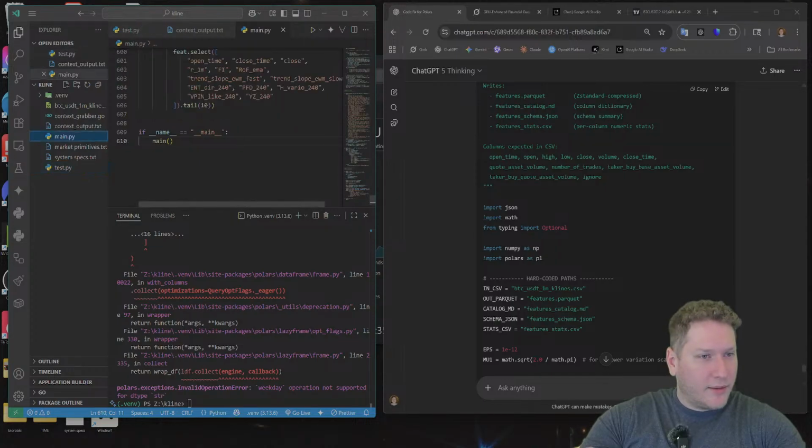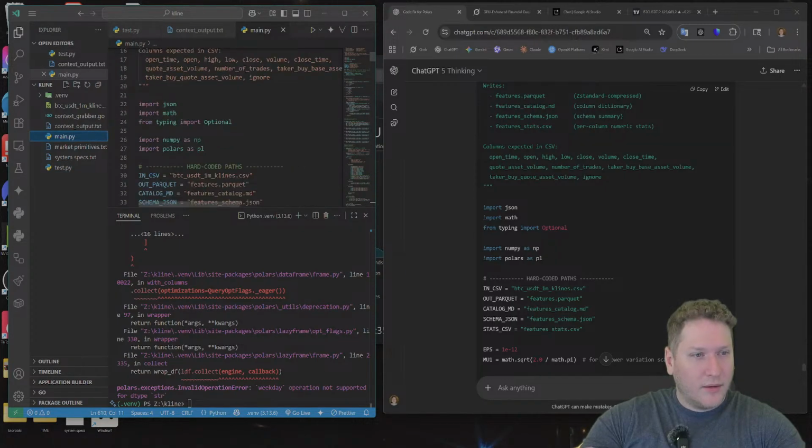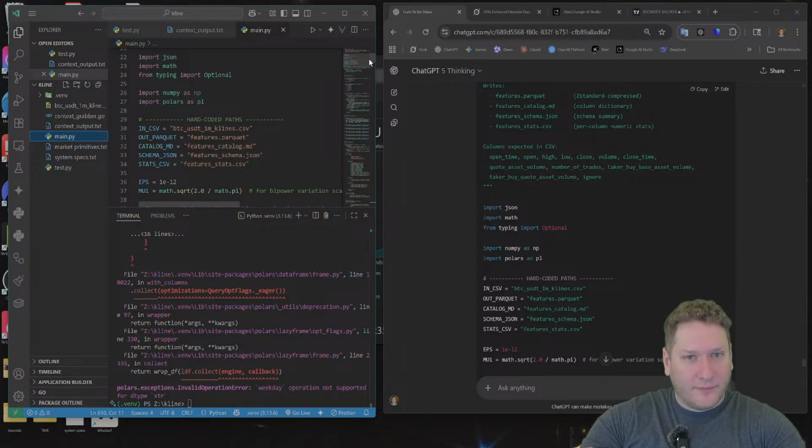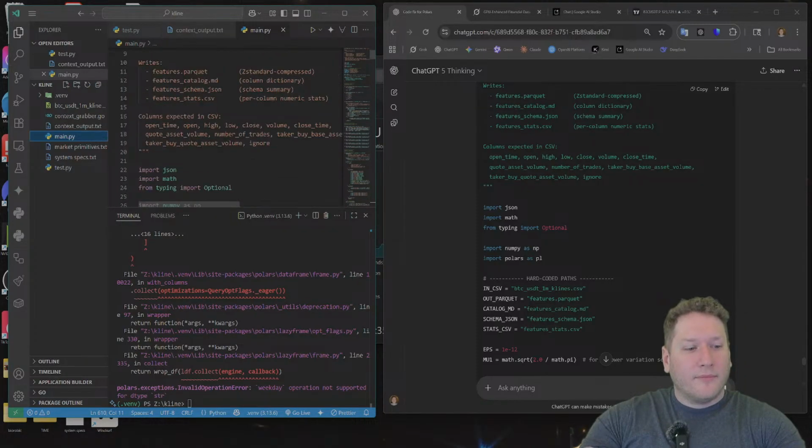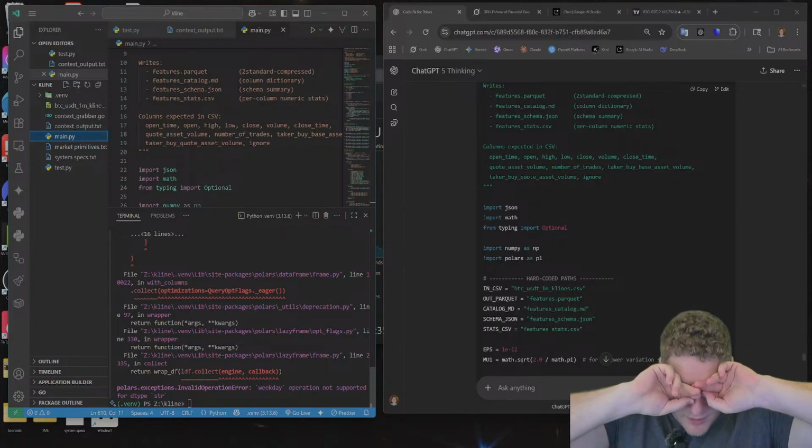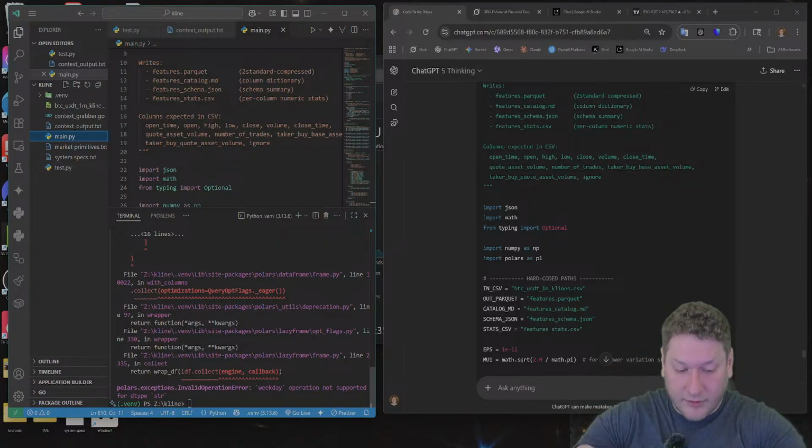Well, wait a minute. Does main use PyTorch? No, it's not using PyTorch at all. Yeah, we'll stick with CPU-based indicators, and then maybe I can run an AI-only sort of indicator.